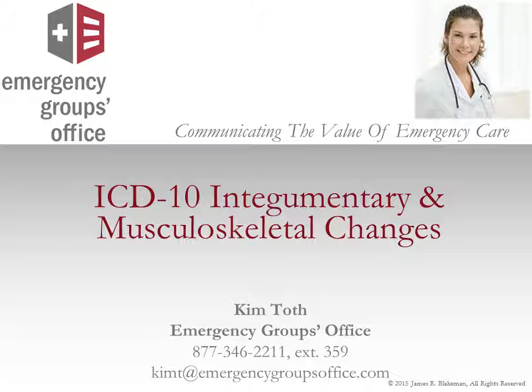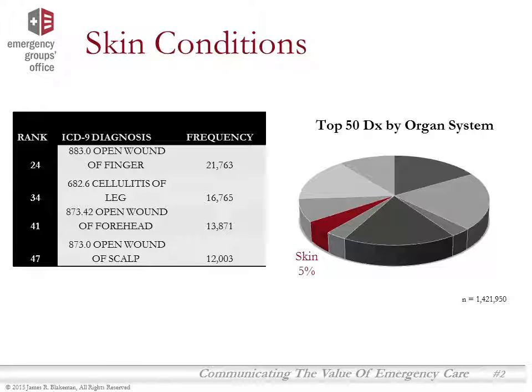In this video, we'll be discussing key documentation changes that impact the integumentary and musculoskeletal systems. This will be the meatiest video in the series since there are a lot of changes in ICD-10 specific to these organ systems. In a recent audit of all EGO clients over a 6-month period, integumentary diagnosis codes accounted for